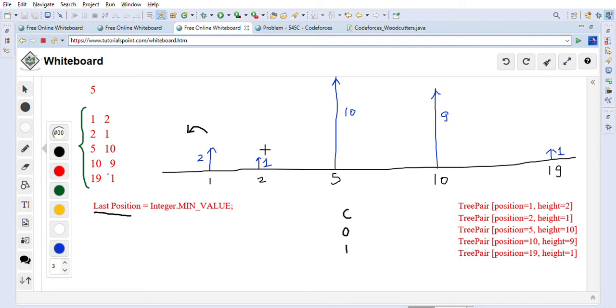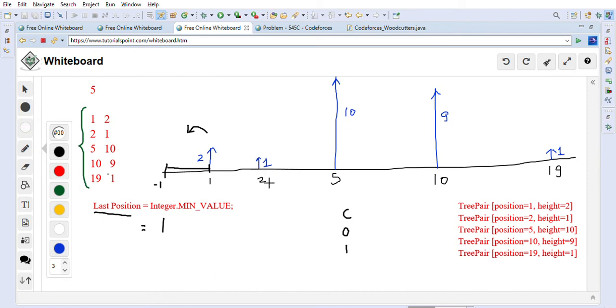Last position means the maximum position where the tree is occupied. For example, this is the segment after falling: this is 1, then this is minus 1, because the total length is 2. So the segment is minus 1 to 1. The maximum value is the last position that we have after falling. So we will update last position to 1 after that, and we will update our count to 1, the number of trees we could fall.